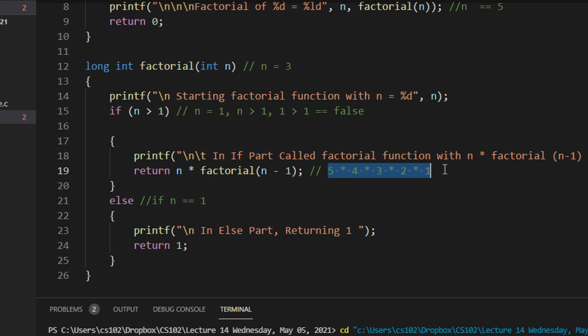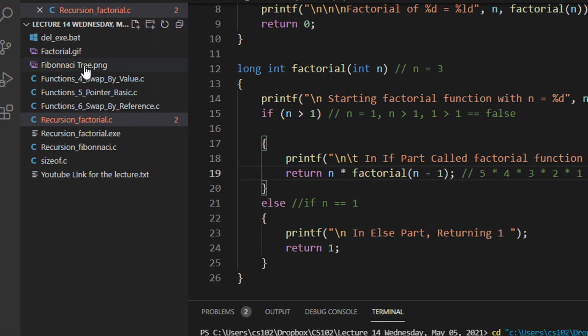of 5. So recursion at the start feels a bit cryptic in syntax, but there are many programs like quicksort and binary tree traversals that you can write very efficiently using recursion. Recursion is actually not efficient in terms of memory, but it provides the user with a very intuitive coding practice. You can also write this program using a for loop: for i equal to 1, i less than or equal to the number, and result equals result into i. That is the standard code. But just for a recursion example, factorial provides one of the easiest ways to understand.